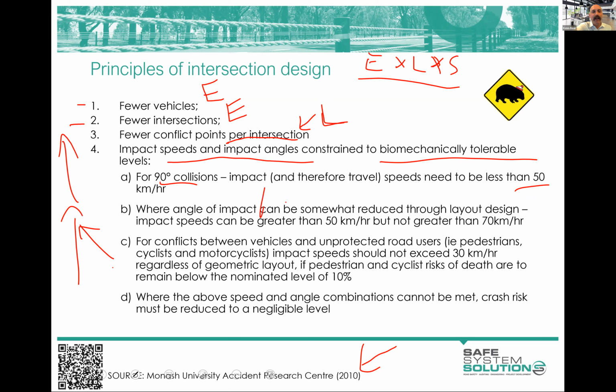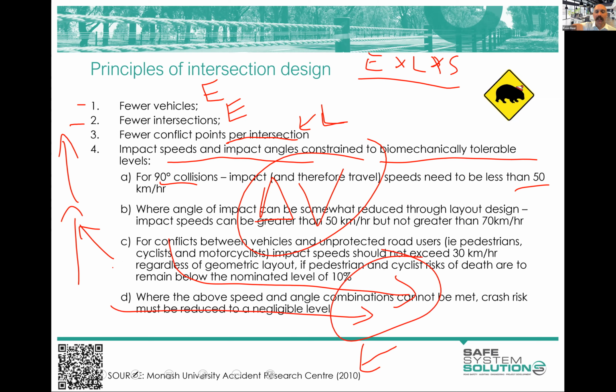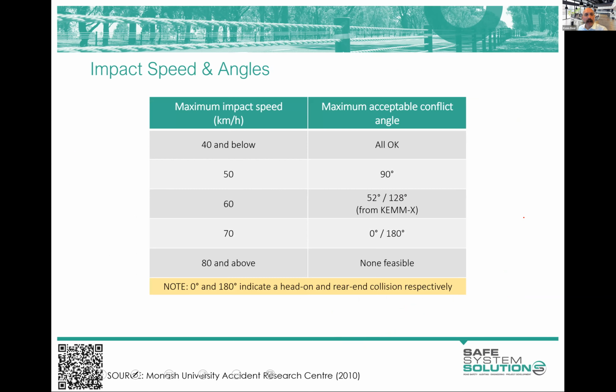Now, I do stress again that this is the delta V, right? The delta V. So you can operate an intersection at quite high speed if you've accelerated the vehicle. So I'm just talking vehicle to vehicle here. But if you have some sort of acceleration lane and you get vehicles up to a certain speed, these vehicles coming through here, we can have a collision at quite high speed, as long as that difference in speed, the delta V, is within our tolerable levels for that crash type. I'll expand on that a little bit more shortly, but we'll get you ready to do a little bit of an exercise soon.